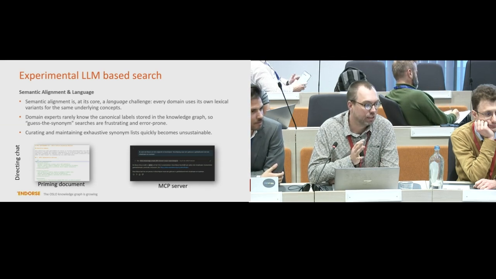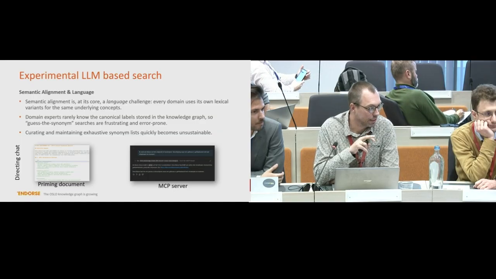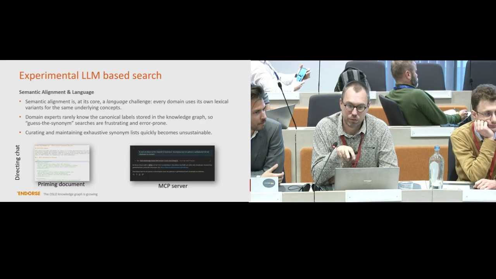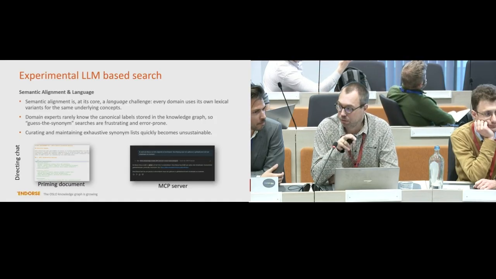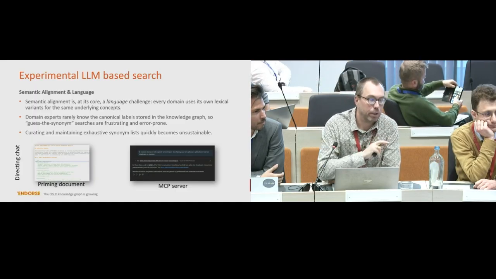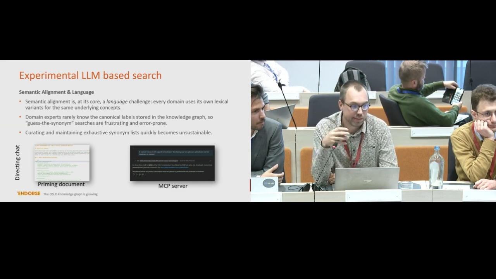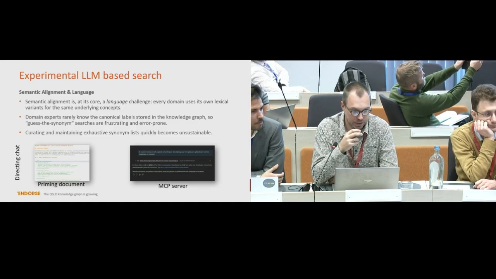help us. Everyone does this, of course, and these are our experiments. It shows that if you open up, and this is what we have done with our knowledge graph, the data Vlaanderen BE site is queryable with ChatGPT, and you can start querying the knowledge graph over it, and ask what the terms in it are and what you can do with it. You can even add the priming document, the guidelines on how to model according to the OSLO guidelines with those terms, or we are working with an MCP server to have the